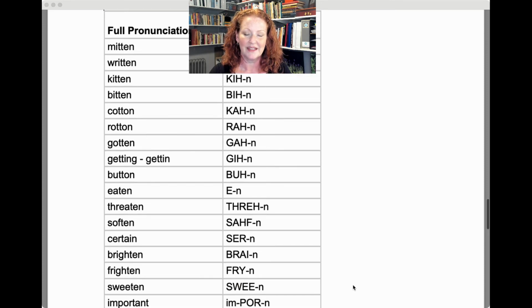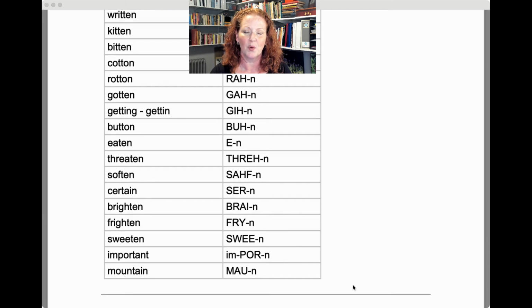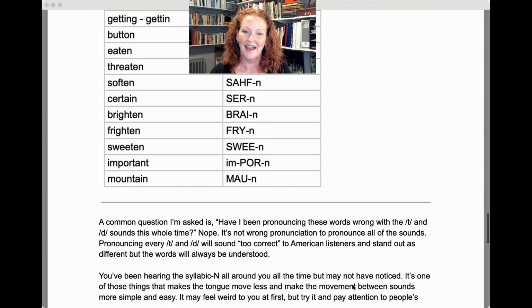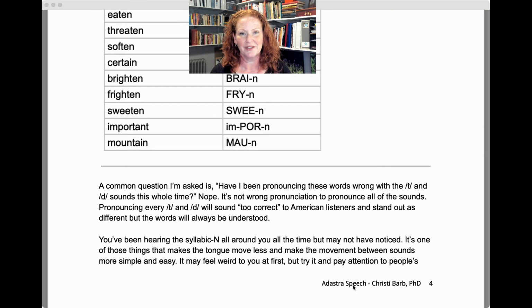Button, eaten, threaten, soften, certain, brighten, frighten, sweeten, important, mountain. And that's it. That brings me to the question I get asked the most, saying, have I been pronouncing